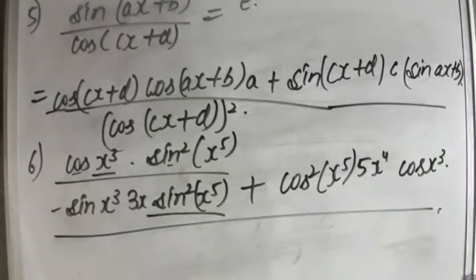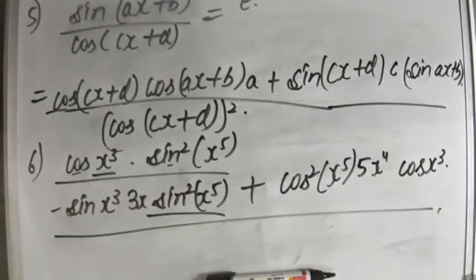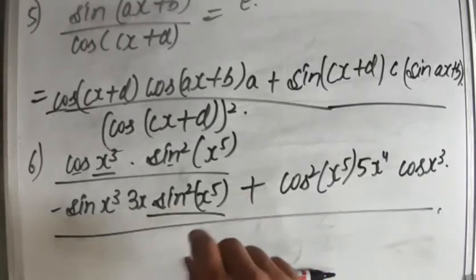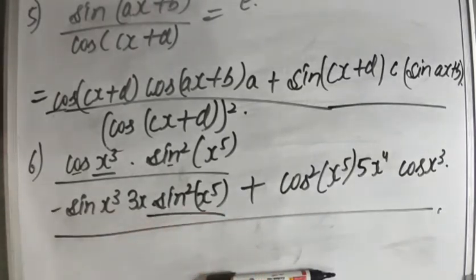You need not show that you have assumed x cube as v and x raised to power 5 as z or any other variable. You can do this question in a single step if you are doing a paper in a competitive exam and you need to get the answer very rapidly. So this is what the trick was, and you cannot say it as a trick. You can simply say that it is practice, and your speed depends upon your practice. How much you practice, you get the result very fast. Okay, so now let us come to the seventh question, but before that, pause the video to note down, students.